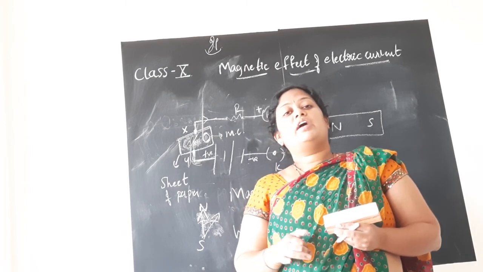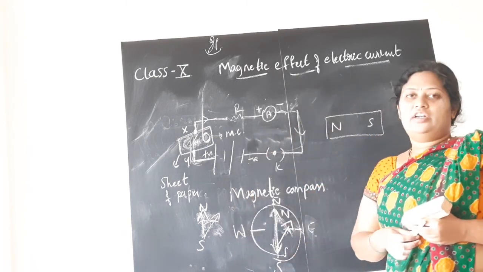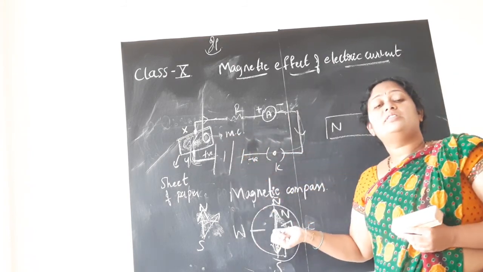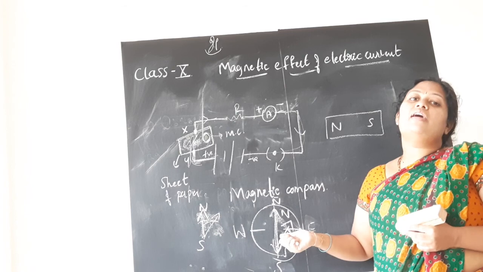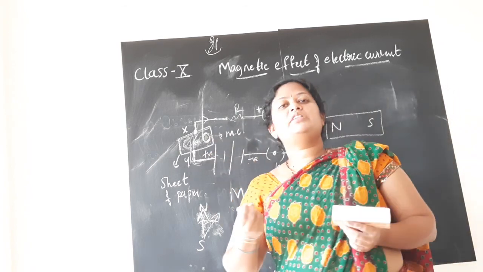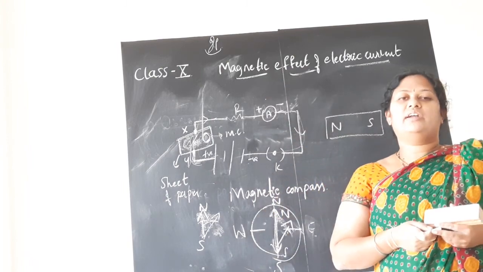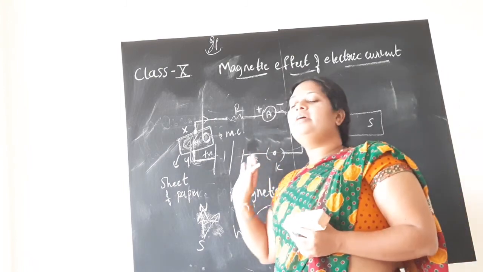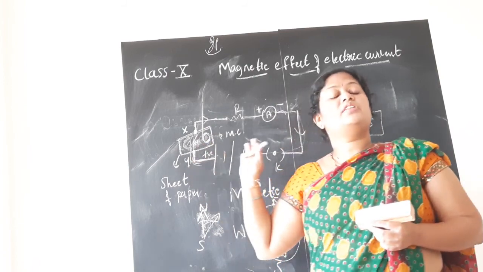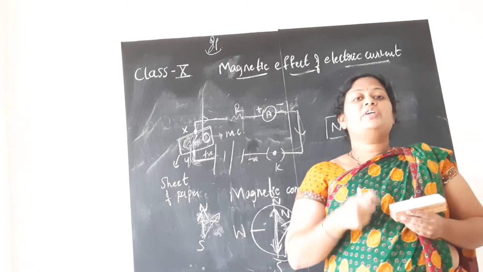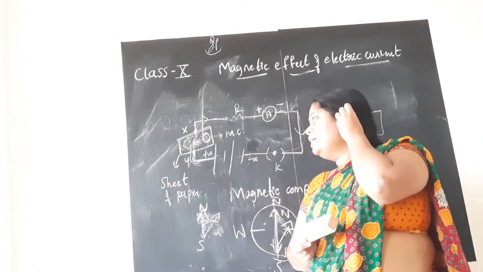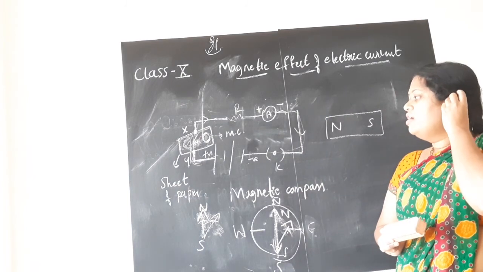Why magnetic field? I will not agree. It may be any other field, you may question. But what is this magnetic compass? It is a device which consists of a tiny bar magnet in it. The bar magnet is getting deflected, which means that of course only when a magnetic force acts will it get deflected. So what we understand by this activity, children, is that the current passing through the circuit is producing the deflection in the magnetic compass, which means the current is now producing the magnetic field. The current electricity is producing the magnetic field.